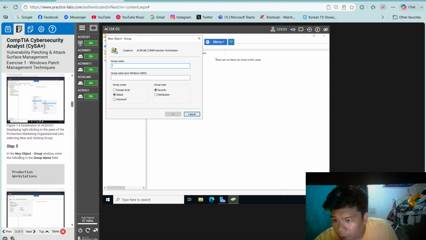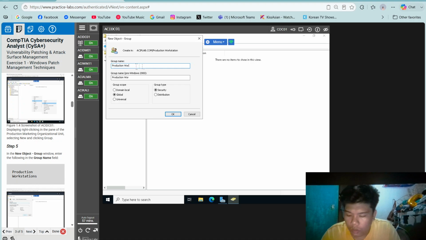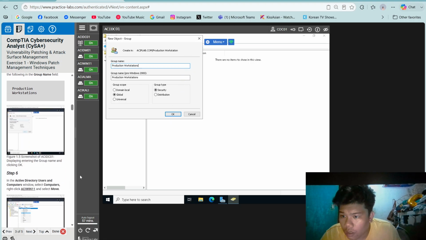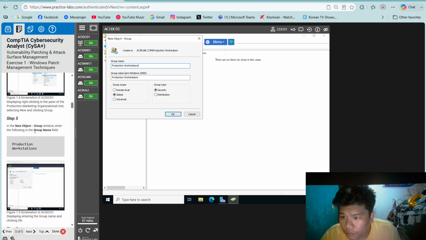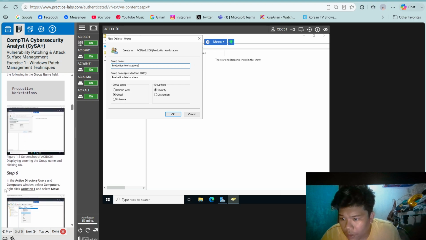In step 5, in the New Object Group window, enter the following in the Group Name field: Production Workstations. Then, in the Active Directory Users and Computers window, select Computers, right-click ACI Win11, and select Move.